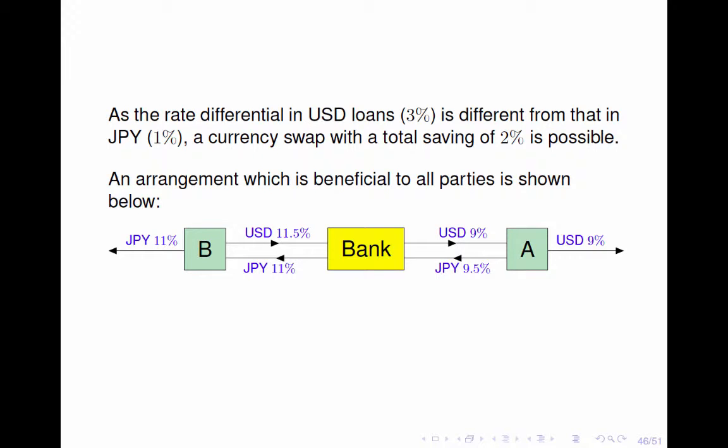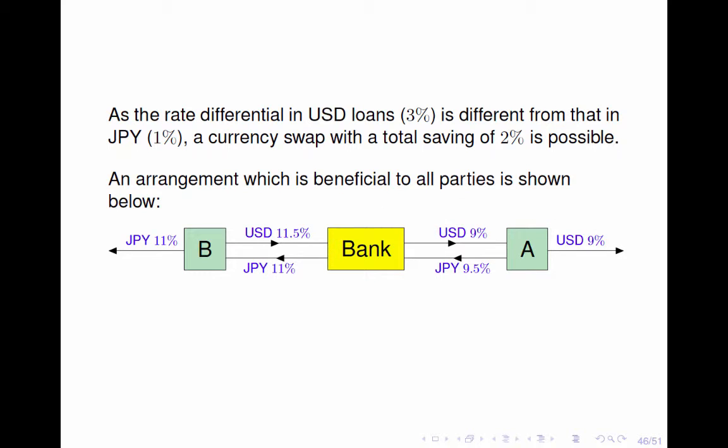Here's a possible arrangement which is beneficial to all parties. A pays to the bank 9.5% interest rate on Japanese yen and receives 9% interest rate on US dollars. Together with the borrowing rate of 9% on US dollars from the market, it has a net borrowing rate of 9.5% on Japanese yen, which is less than the borrowing rate of Japanese yen it could get directly from the